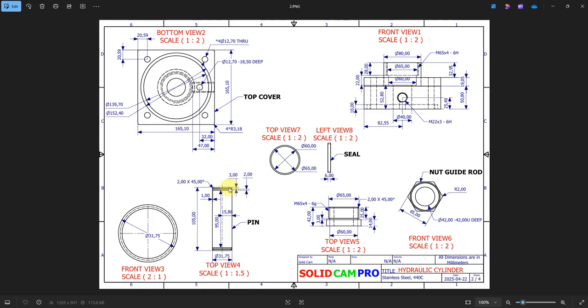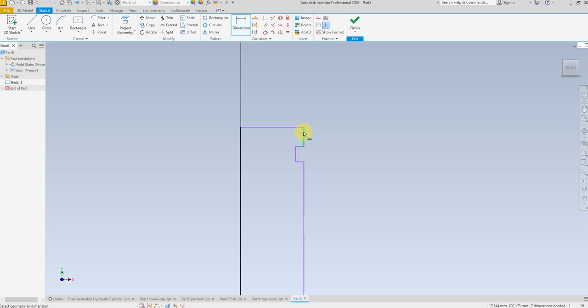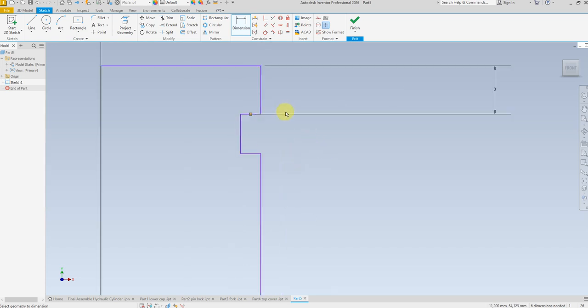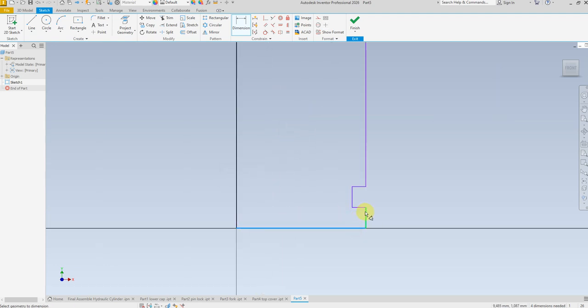So now from this line up to this line we have 3mm and 2mm tips. So let me select dimension. From this to this we have 3mm and 2mm and 1mm, and the same from this side,